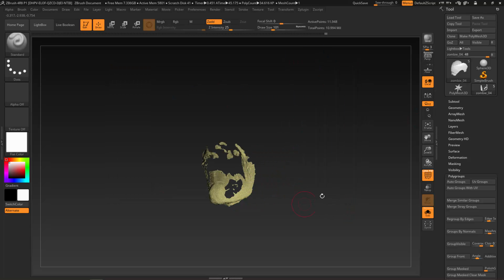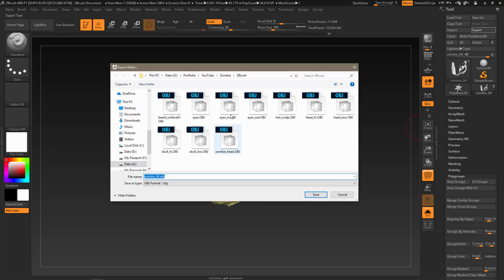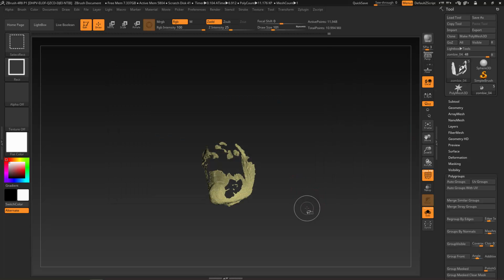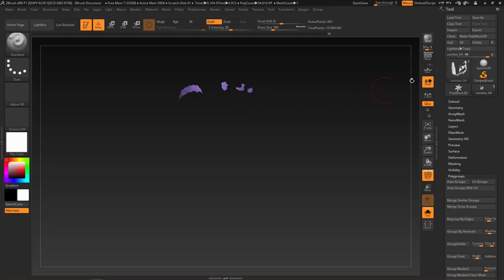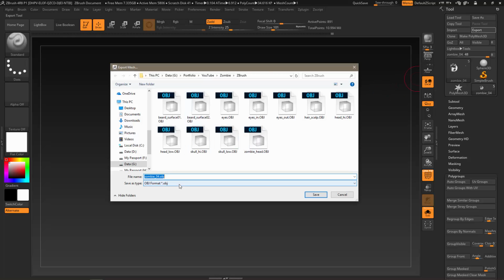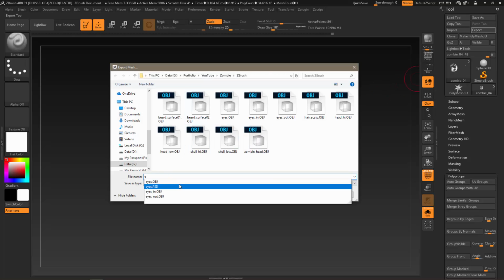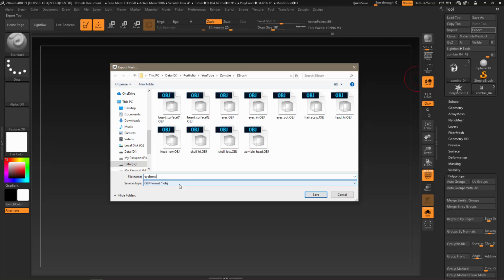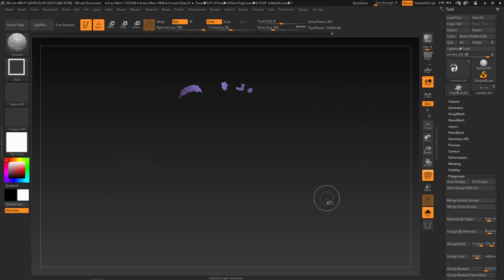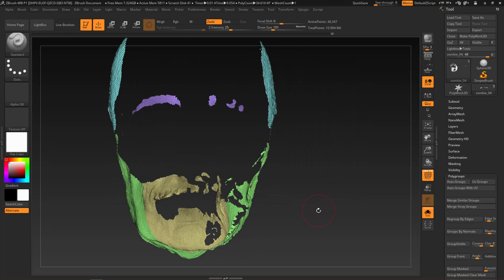And this is gonna be beard surface 02, and this is gonna be eyebrows. Okay, and actually,